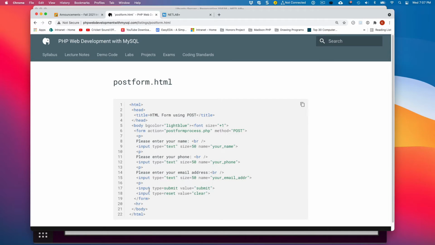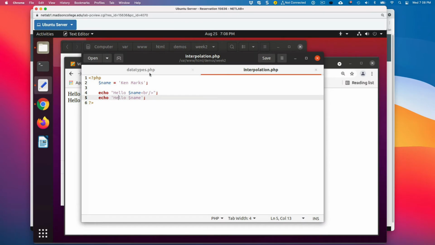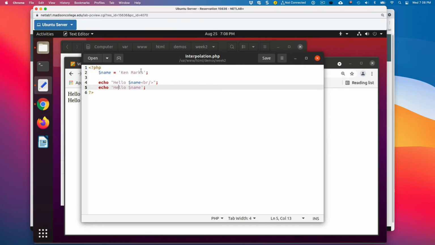It's got a submit button, and the form has the action to call the postFormProcess.php script. And the method is going to be post. So let's go ahead and create this in our VM.